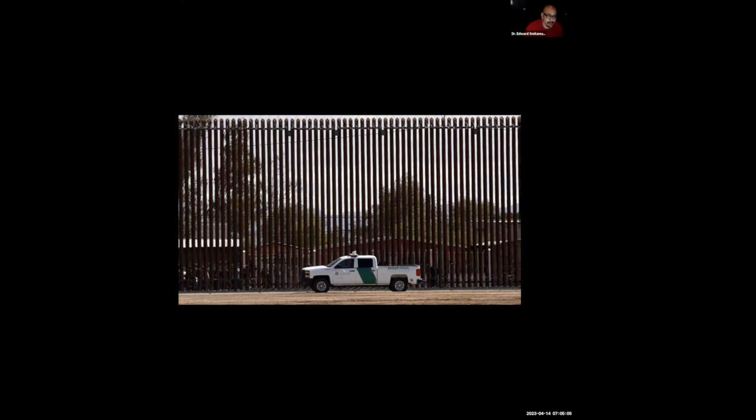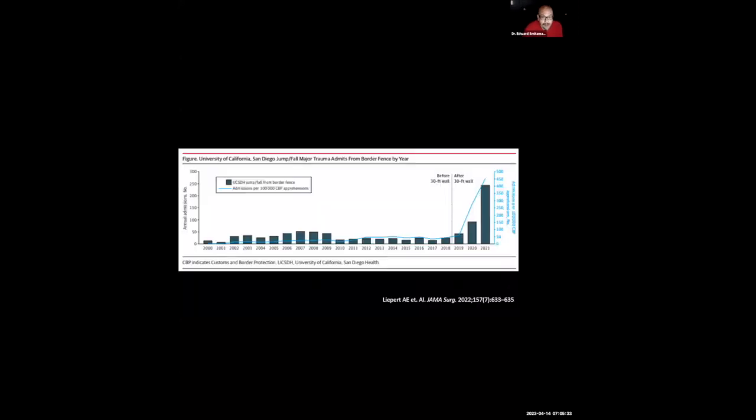Because of the height of this wall, as you can imagine, there are still migrants trying to get into our area, and unfortunately we see a lot of injuries. One of the things that we've seen are a lot of these hindfoot fractures, and that's how I got interested in this topic. And just to paint a better picture for you, again not trying to get political or anything like that, just notice here, this is a recent article published by our traumatologist showing the spike in the number